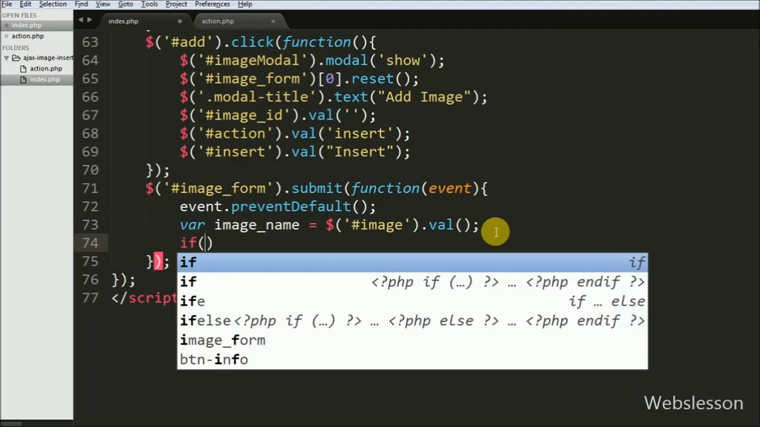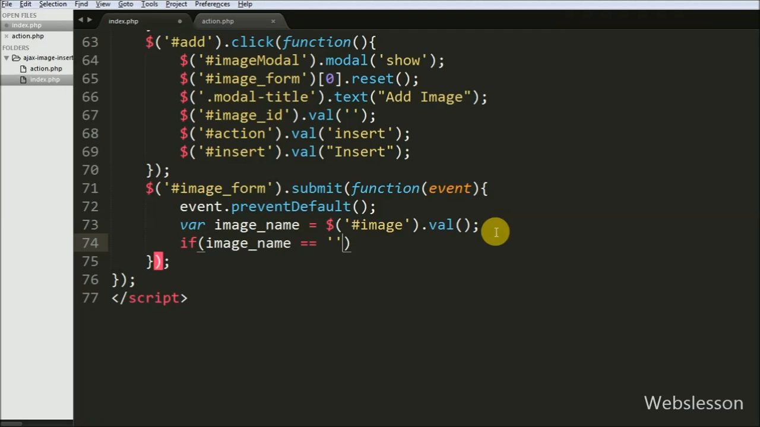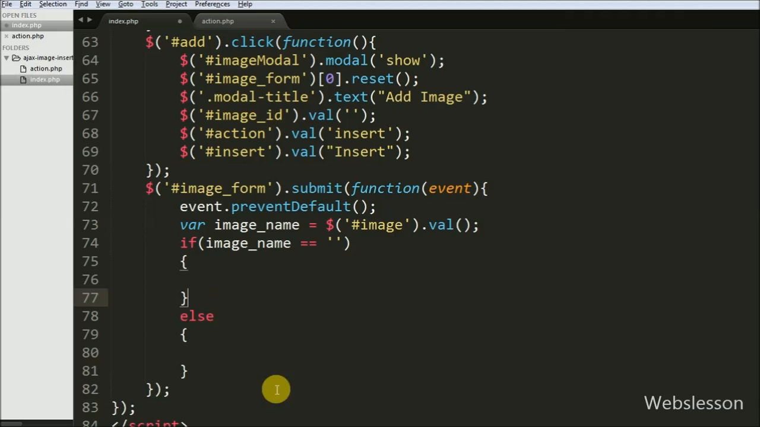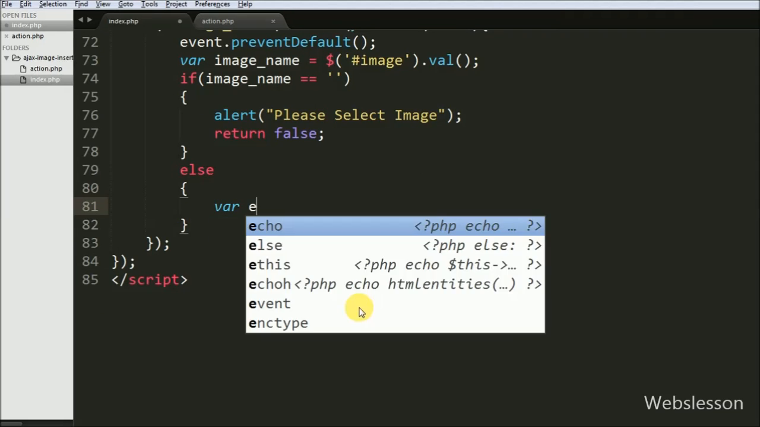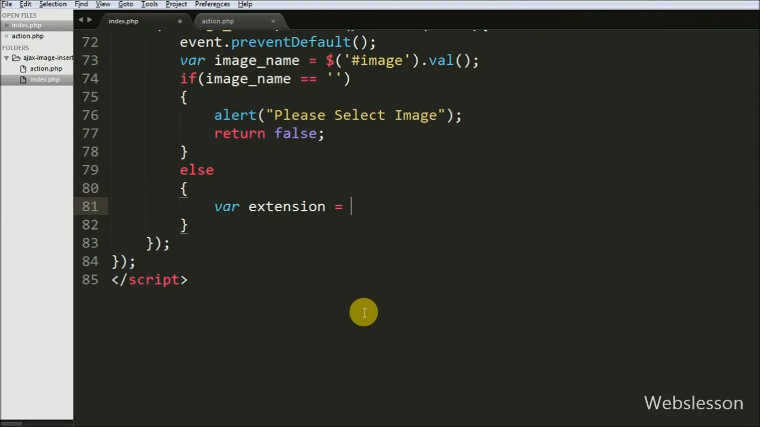After this we have written an if statement with a condition like image_name equal to blank. This condition checks whether the image_name variable has some data or not. If the image_name variable is blank, then it will execute the if block of code, and under this block we have written an alert message box with text like please select image. This pop-up message will appear on the web page if we have not selected any file and directly click on the insert button. But suppose we have selected a file, then first we want to validate the extension of the selected file, so